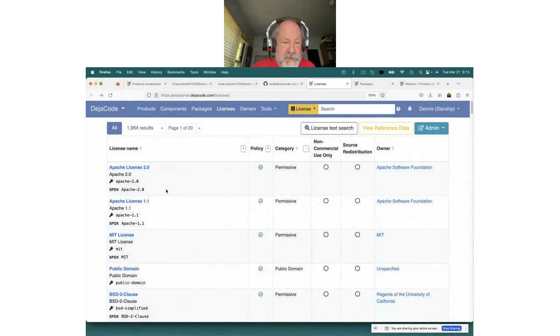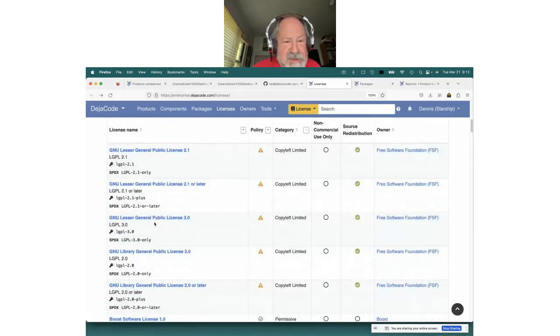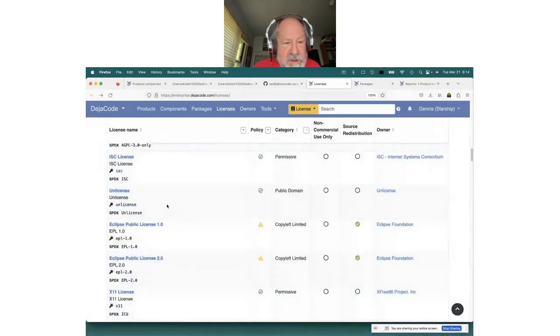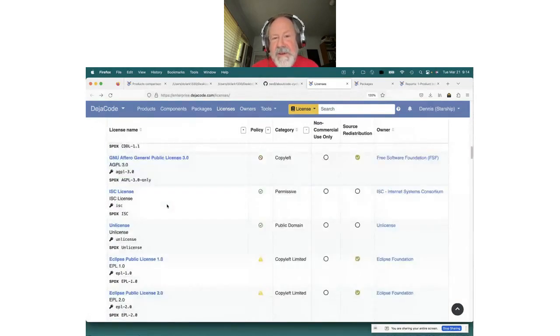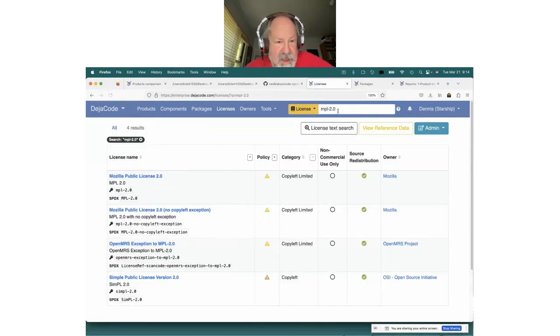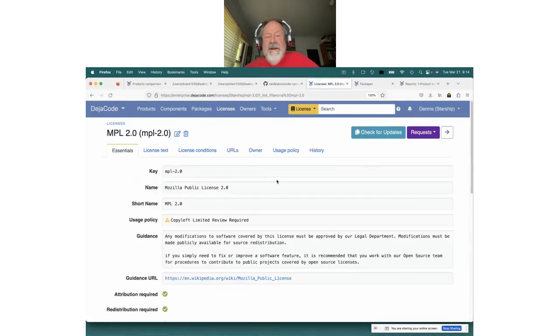And that's why we have usage policies in DejaCode, and we have a various number of licenses that you can see. One of the more, I'm going to show you a somewhat interesting one, and you can easily search. To give you an idea of the kind of metadata or extra information that we provide and that you can provide